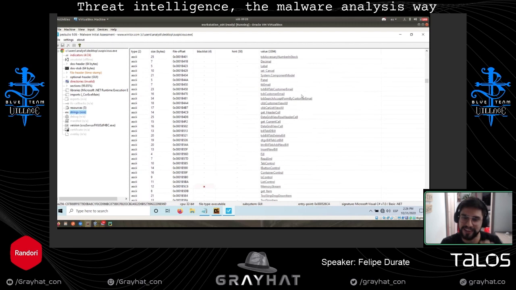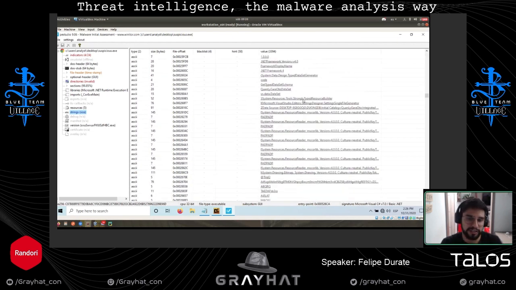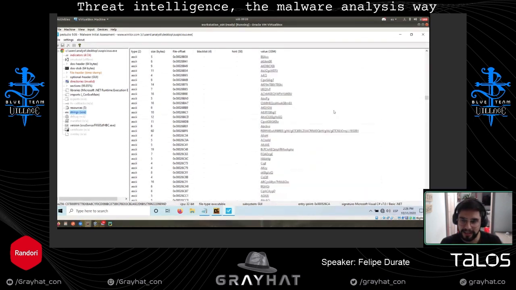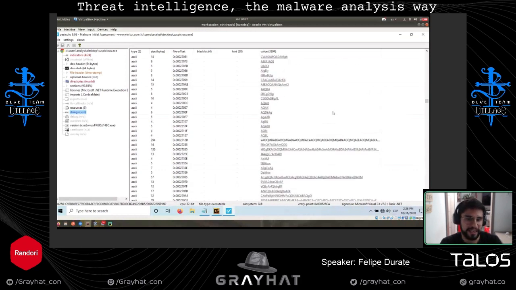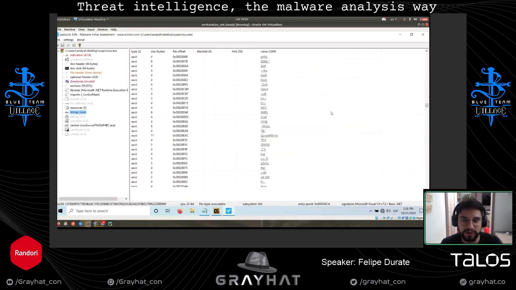And that's something you need to have in mind: grasp the main idea. Try to look for URLs, try to look for IPs, strings such as usernames, user agents, GET, POST, stuff like that is very useful.